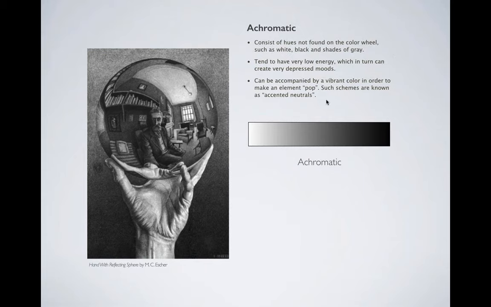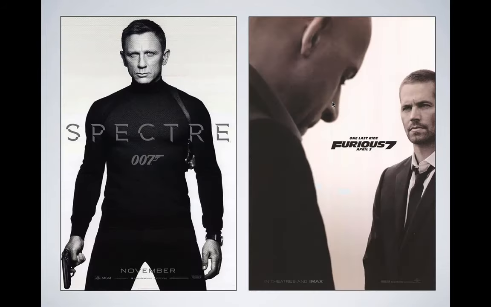And one option that you can use with this is throwing in an accent color to add a point of emphasis. And of course, the 007 movies, the James Bond movies are always kind of very gritty and edgy, action